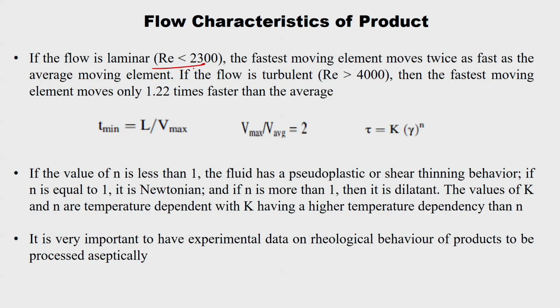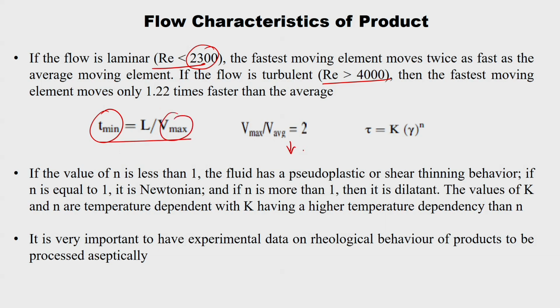And in the flow characteristics, this we have done in the last class problem itself. So, the Reynolds number is 2300. I told there may be 2100 to 2300. So, different books follow different numbers, and definitely greater than 4000, it is a turbulent region. So, in between it is a transition. So, this t minimum is nothing but a residence time, how much time the particle spends inside the tube. So, this is L, the length of the tube, and V max is the maximum velocity.